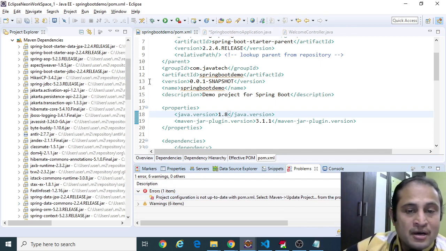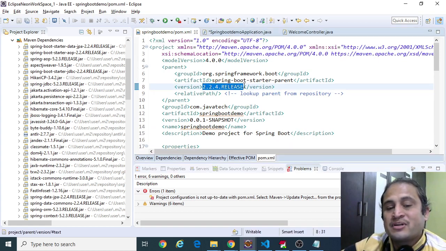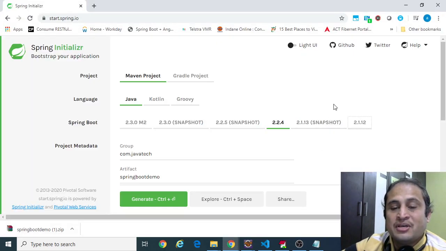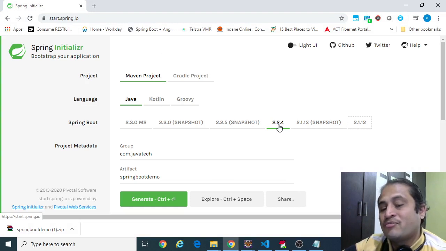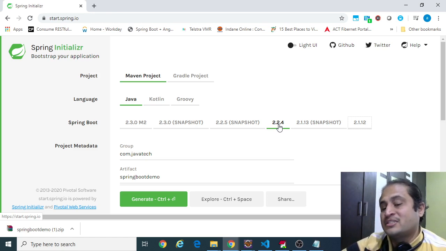We will do that. What I'm trying to explain here is this 2.2.4 version, which I'm going to change a bit. If we choose a Spring Boot version, all the related jar files, compatible Hibernate and versions of similar projects are bundled together.